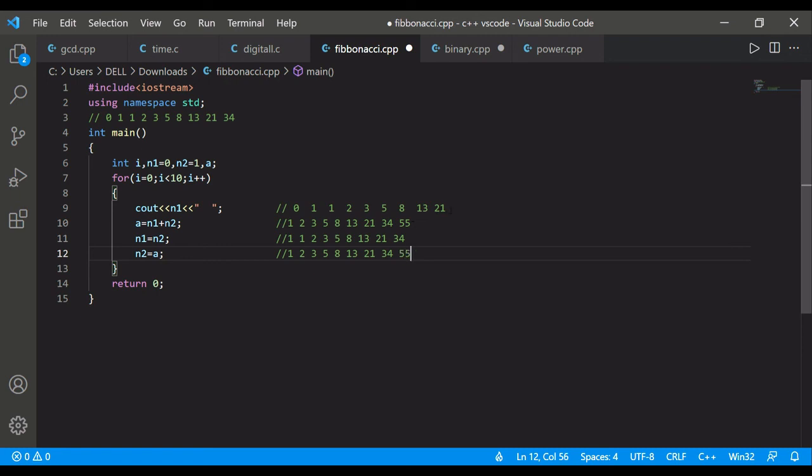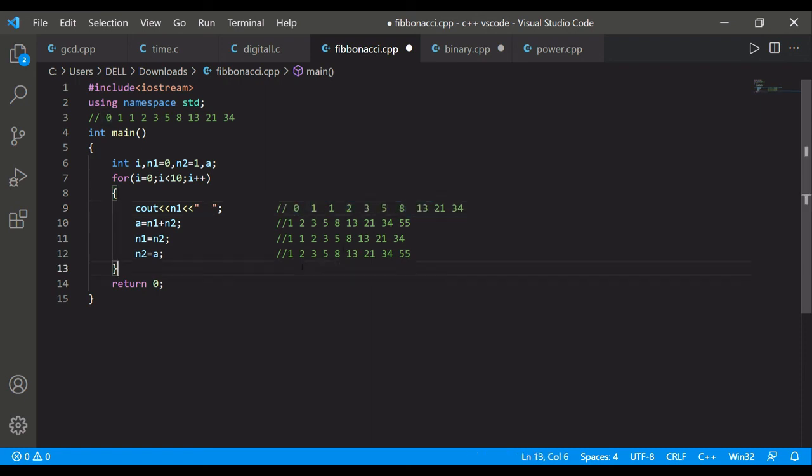Again it will go up, and it will print 34. And also see the loop is running 10 times. See 1, 2, 3, 4, 5, 6, 7, 8, 9, 10. 0 to 9, the loop has worked. Now the loop will be terminating, and it will come here, return 0, means it will be returning nothing, and the program will end here. Okay, so this will be printing here.